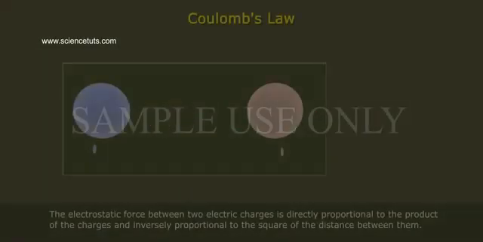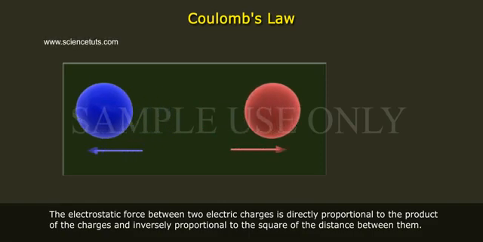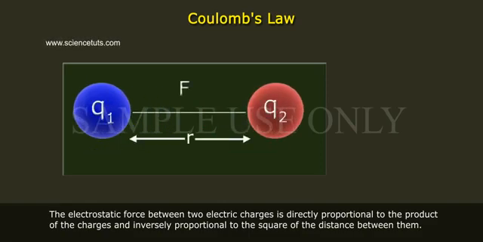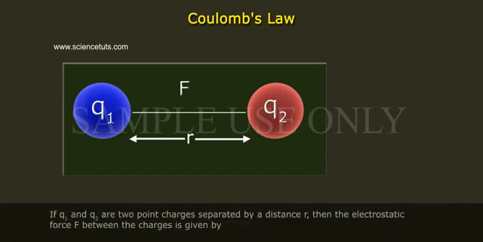Coulomb's law. Coulomb's law states that the electrostatic force between two electric charges is directly proportional to the product of the charges and inversely proportional to the square of the distance between them. If Q1 and Q2 are two point charges separated by a distance r, the electrostatic force F between the charges is